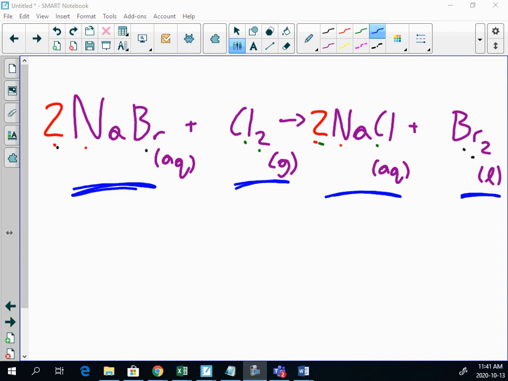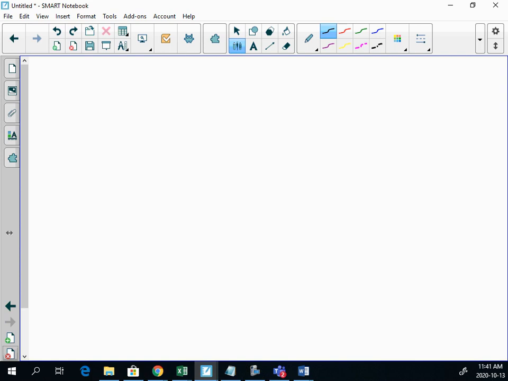All right. So our last two guys are examples of double replacement reactions. The first one, E, goes like this. A solution of silver nitrate and a solution of calcium chloride are mixed. Silver chloride precipitate forms. So, if I look at my reactants,